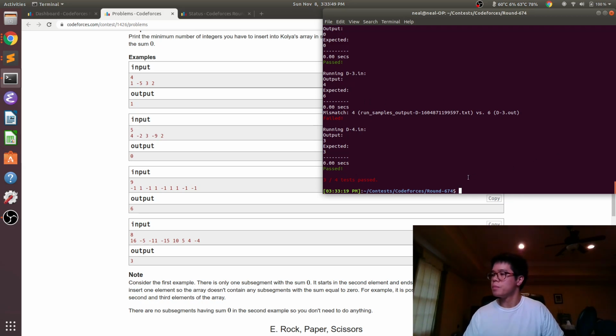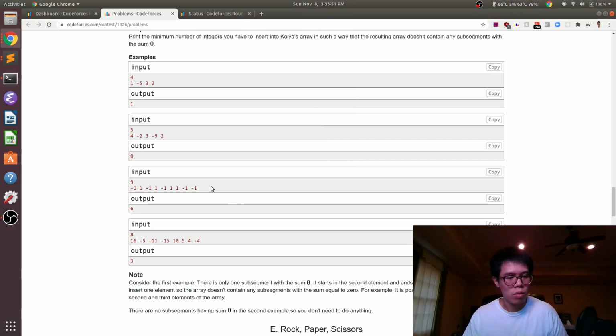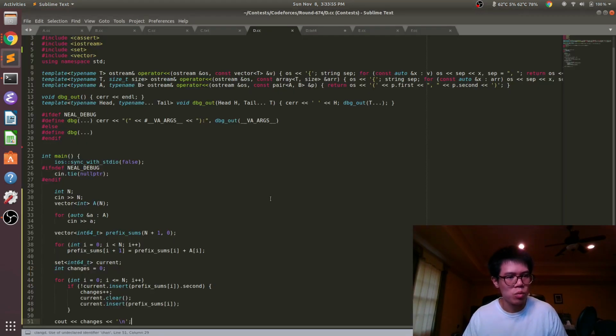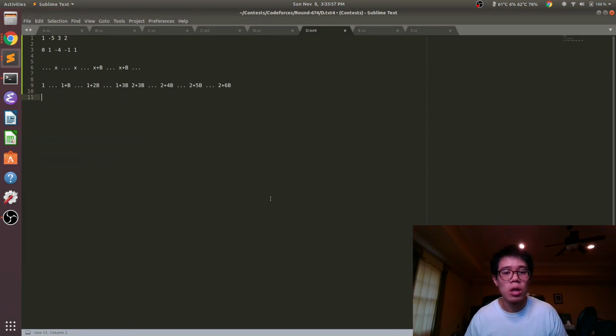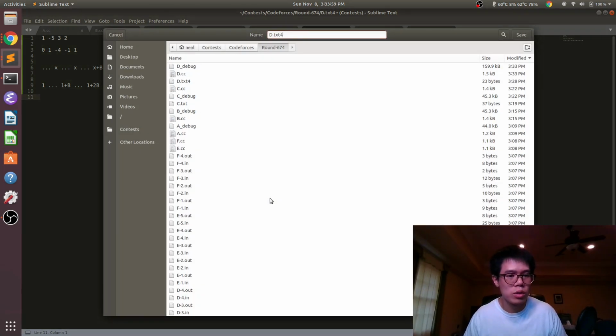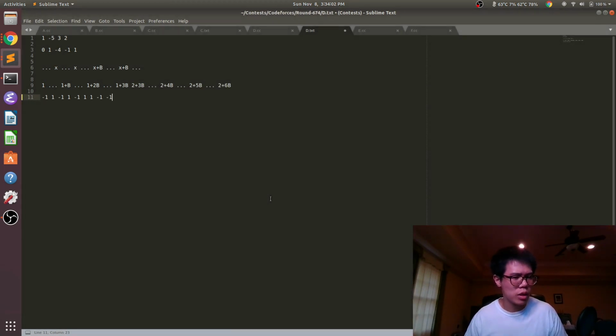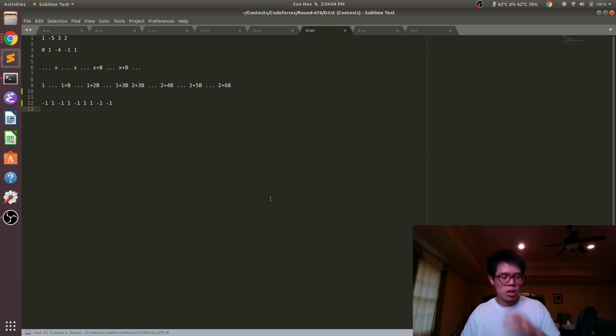So let me take a look at this case. It's possible that we mess up something in between when we insert these big numbers. So let me take a look.